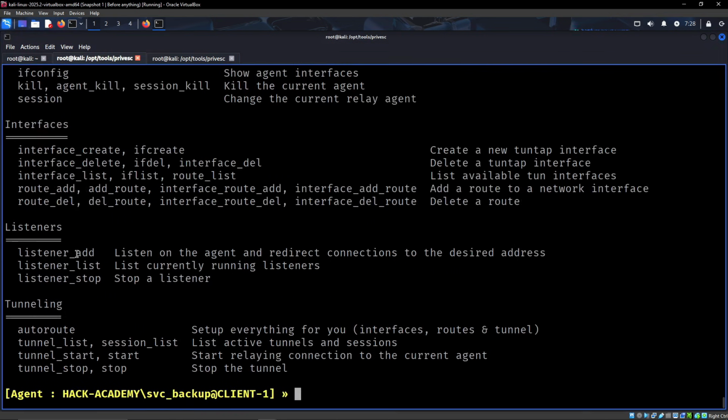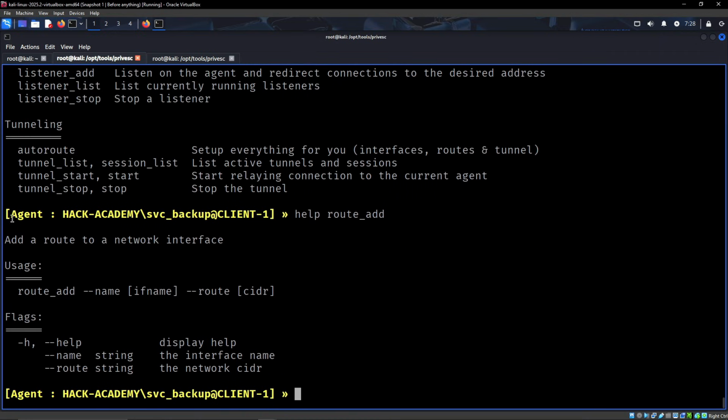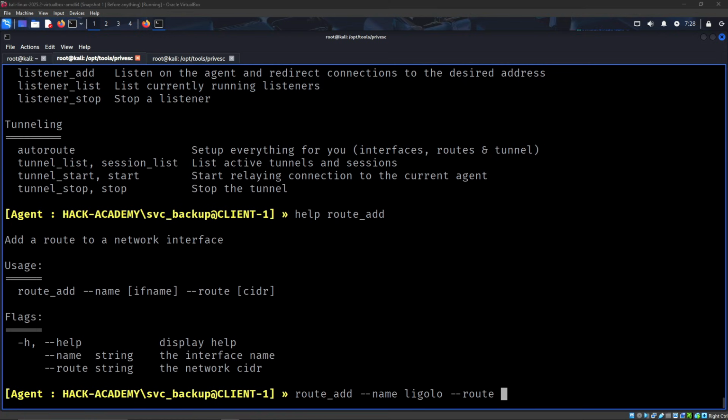So we can create route add, right? And we can also type help before it, so we can see what type of parameters that it wants. So we can see that it wants a name and it wants the route. So we can use the name ligolo, that was the network interface we just created. And then we can add the route. Now this is the interesting part. So we want to add the route of